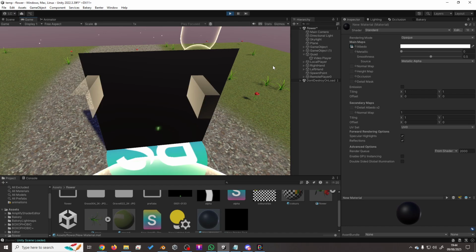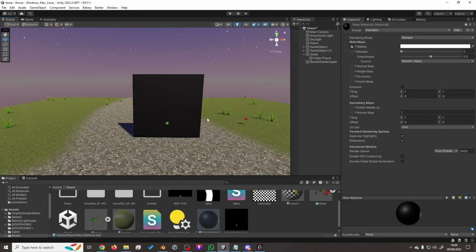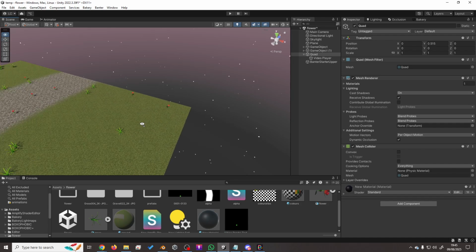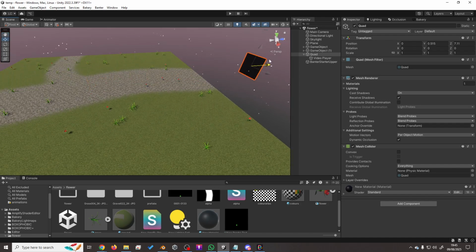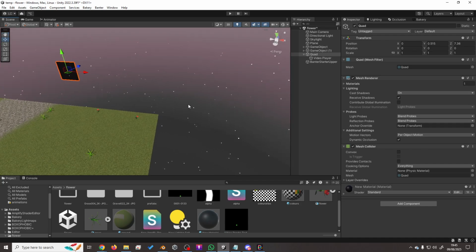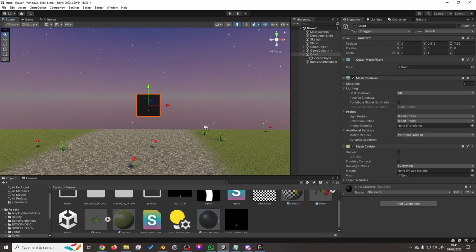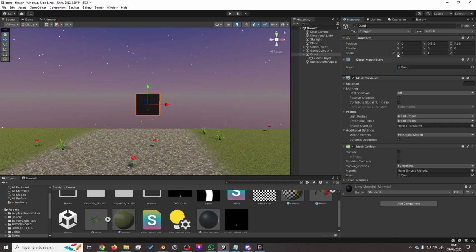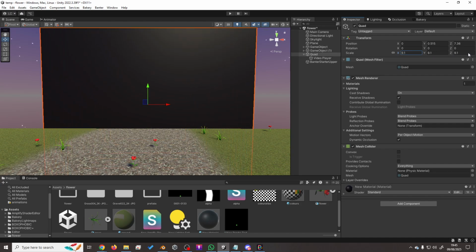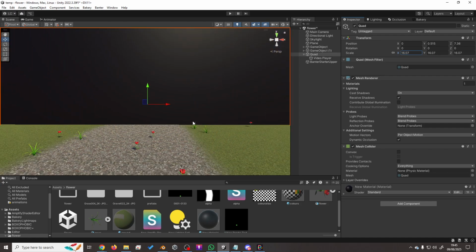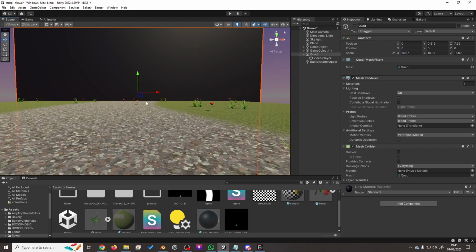It works kind of, but it's black. That's not what we want. So I'm going to move it back first of all the way to here, and I'm going to scale it up to something pretty big and move it up a bit,